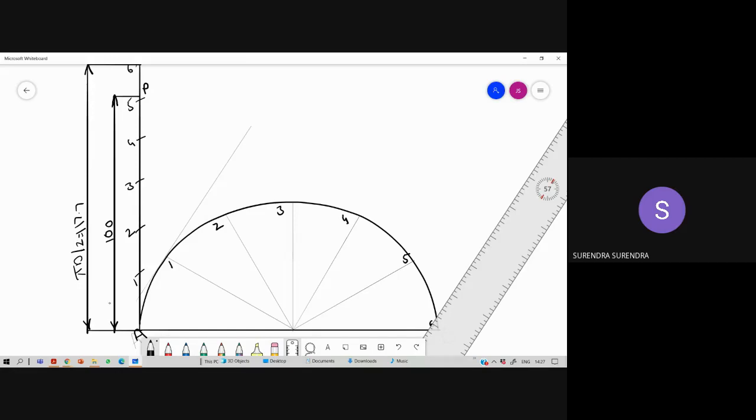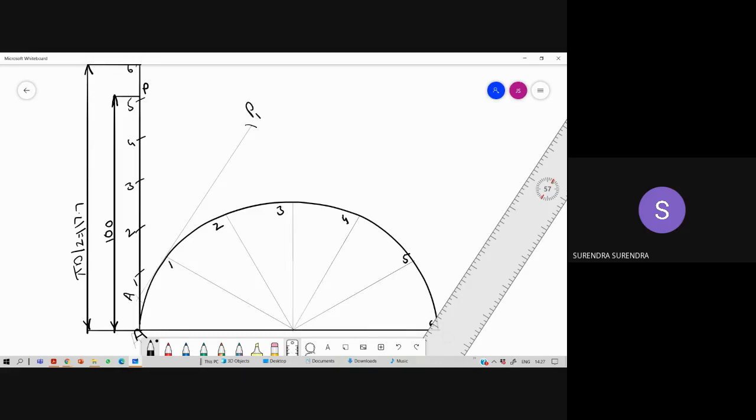Having measured the A to 1 distance, with 1 as center, draw an arc. 1 as center, draw an arc. Name this point as A1. Now, always AP length is equal to 100, is it? A straight line is rolling on a semicircular surface. So always AP length remains the same, that is 100 mm. So with A1 as center and radius equal to 100 mm, draw an arc on the other side of this length. This would be P1.